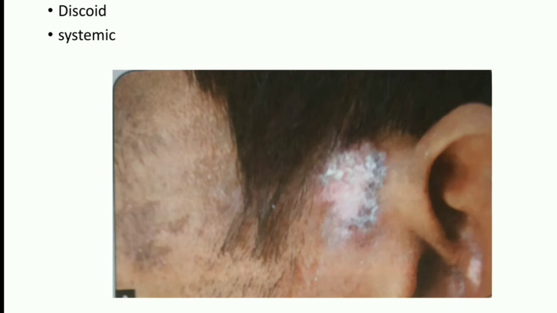Where do you actually get these kinds of lesions? Mostly in the sun exposed sites, and the most common site where you can get this is the scalp. Other than that, it can be on the bridge of the nose, or in the malar areas, or in the lower lip, ears, like that. But the most common site is the scalp. Now in case of involvement of the scalp, usually it is carrying alopecia.